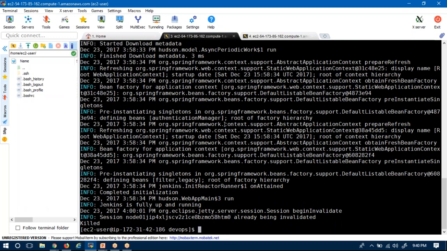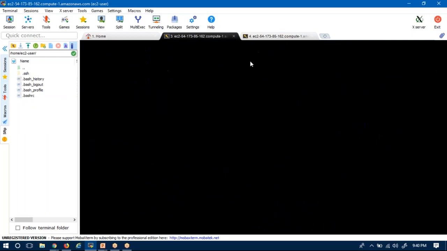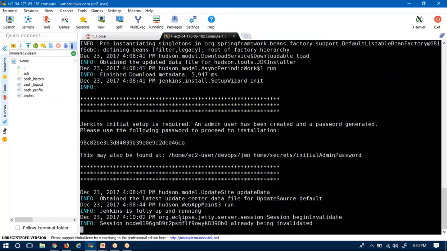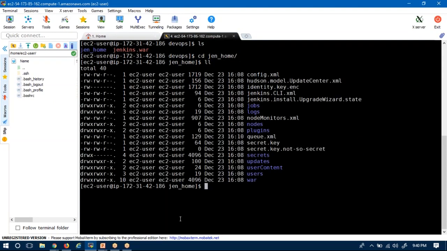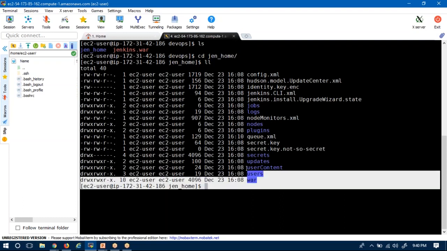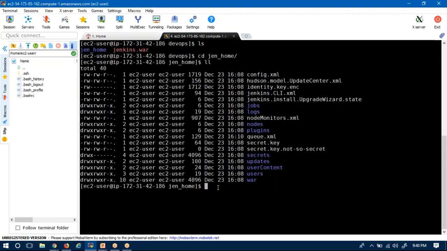Anyway, I am closing this. Now see, if you go to Jenkins home, all these folders, directories and files are created under this Jenkins home. So that means this path is your home directory.